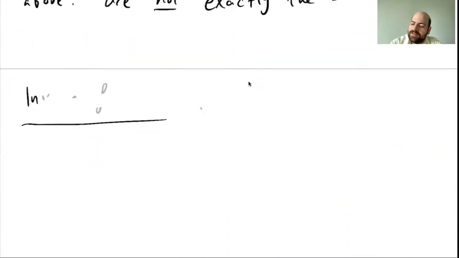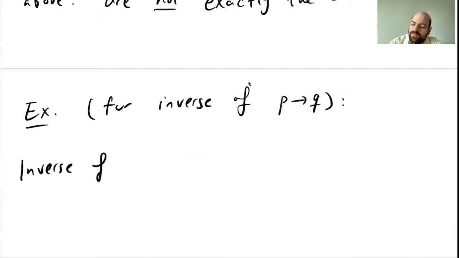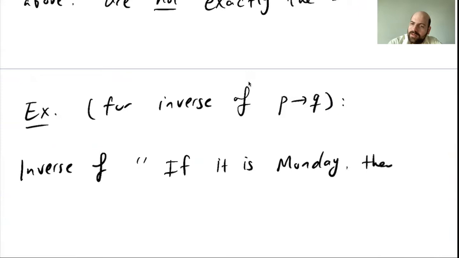So let me write it as an example for inverse of P implies Q. So the inverse of, if it's Monday, then I go to the mall,